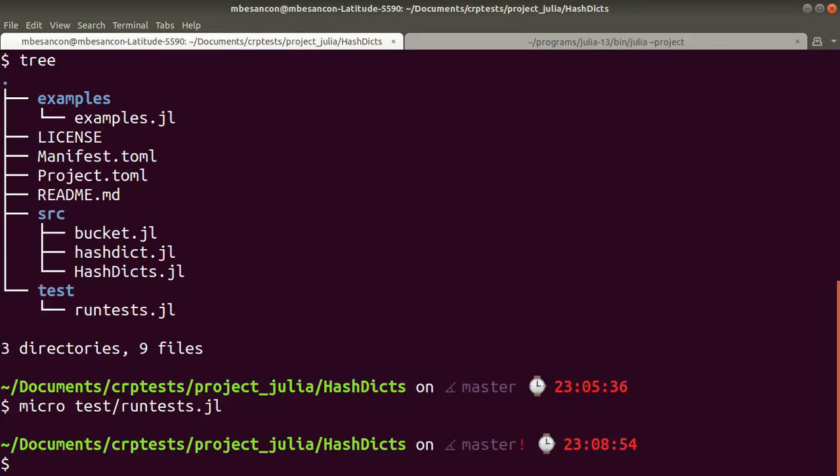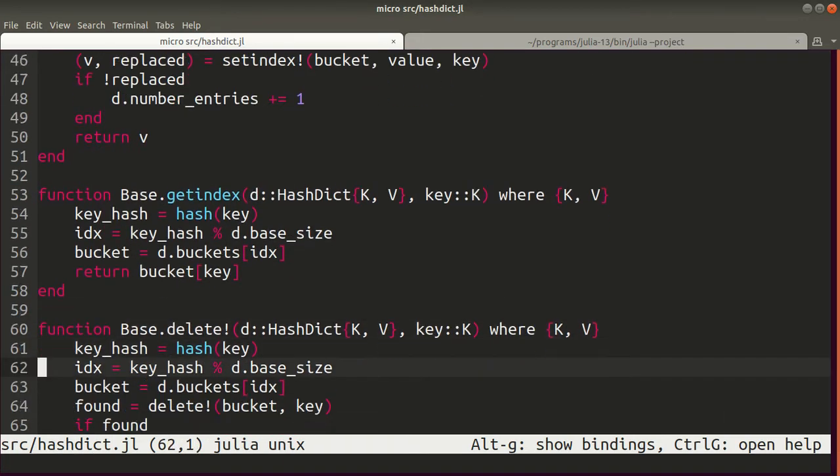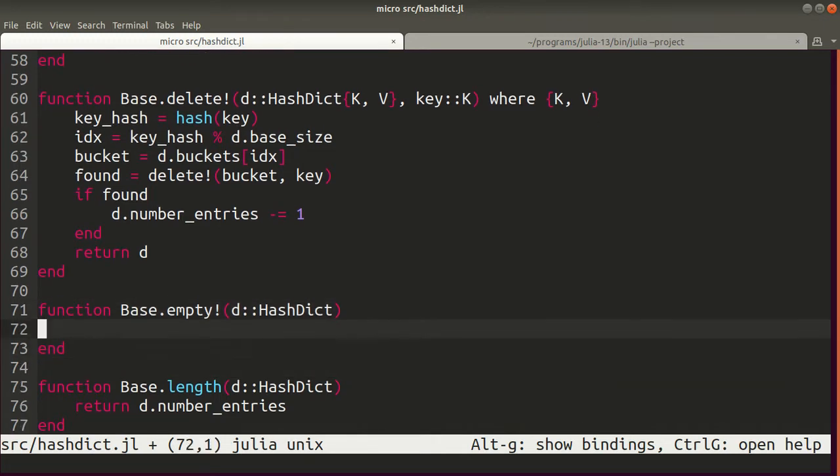Yeah, let's quit the test. src hash dict. So we'll add it right after delete. Base.empty of a hash dict. So we don't need the KV specifiers for types here. They're not necessary. And what we'll do is for bucket in